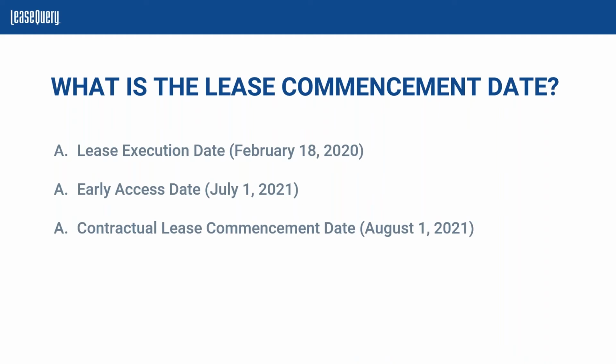Based off of what we've learned in the previous slide, the school and the city signed the contract on February 18th. They agree to lease starting August 1st of 2021. But the city actually grants that early access to the school on July 1st, and that's in order to paint the gym. So the commencement date is July 1st of 2021. And this is the date that the ownership actually transfers, and this will be the date that the school recognizes an obligation or liability, and the city is going to record a receivable.